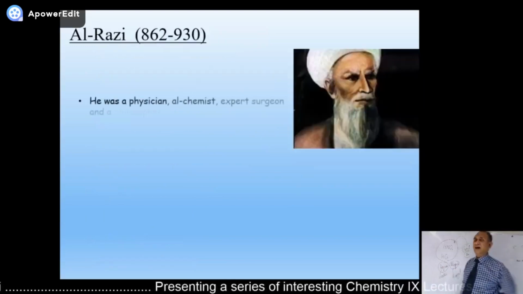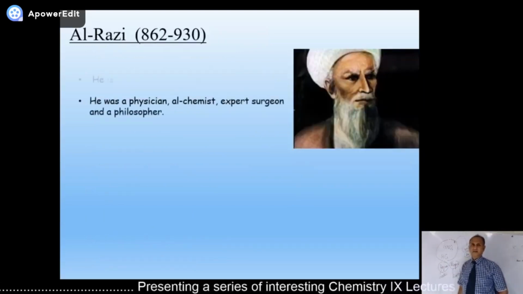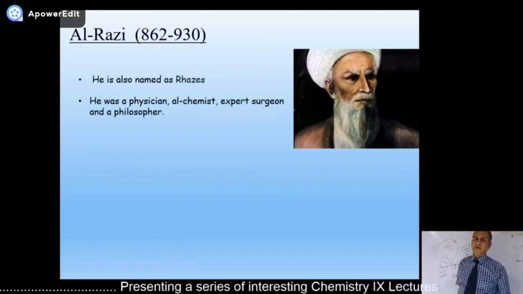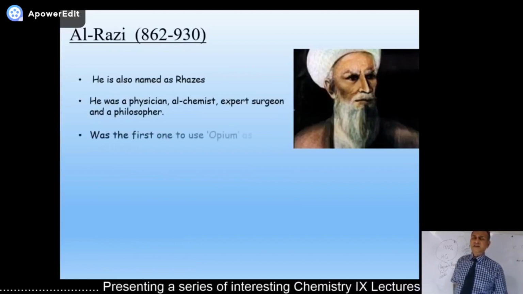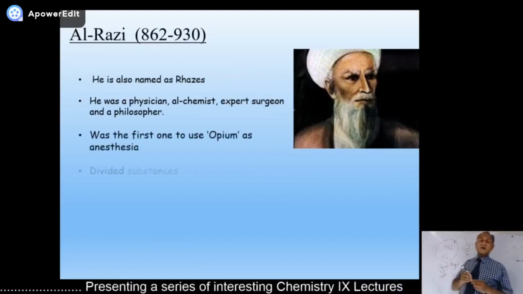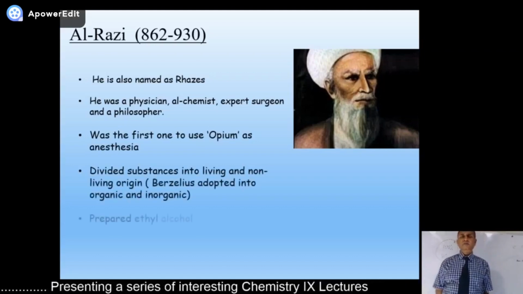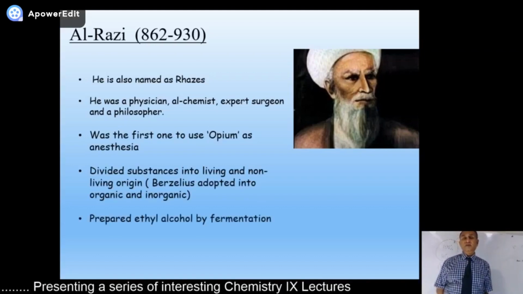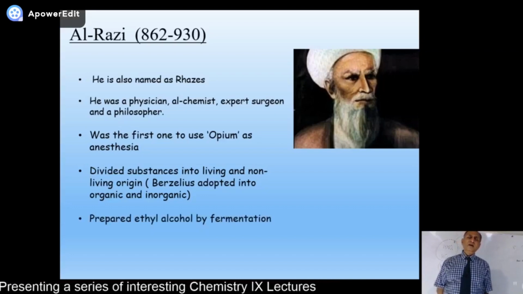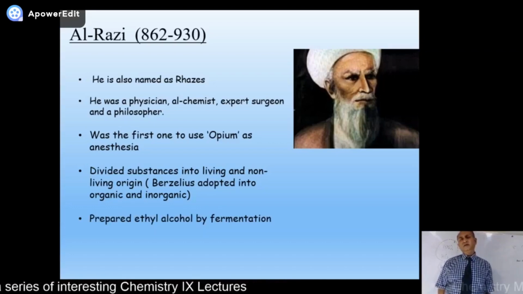Now the next is Al-Razi, or Rhazes. Again, Al-Razi is the most prominent chemist of the Muslim world. Besides chemistry, he contributed a lot in the field of medicine. He was a very well-known surgeon. And what is related with chemistry,